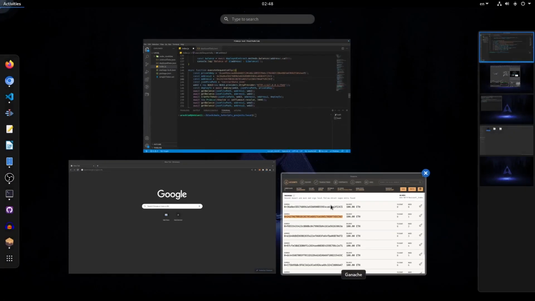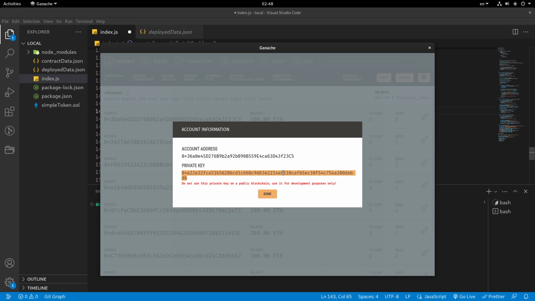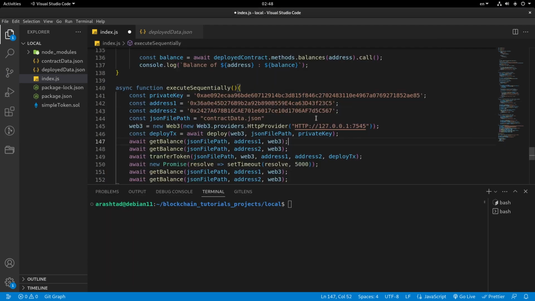And now I can get the private key of the first address like this. Head over to the VS Code and paste it over here. You can double click and get the whole private key. And now I can save the code and run it. So what I can do here is to run node index.js,